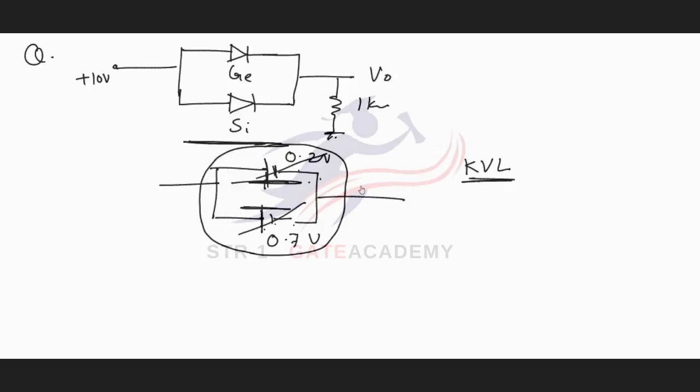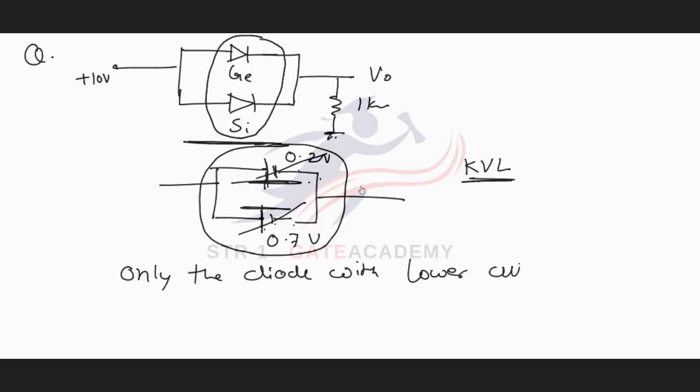So both diodes connected in parallel cannot conduct at a time. You can remember this concept for solving any other problem: if two diodes are connected in parallel, then only the diode with lower cut-in voltage